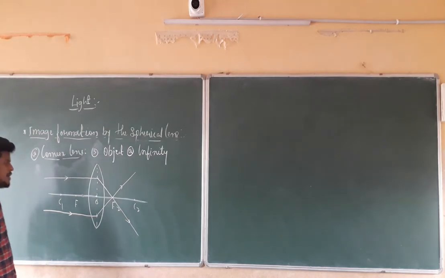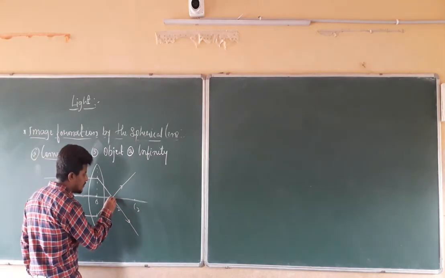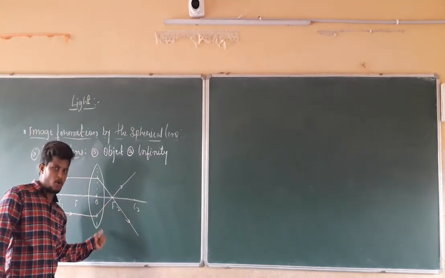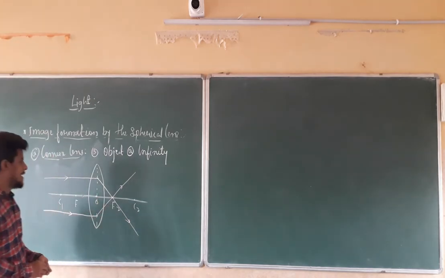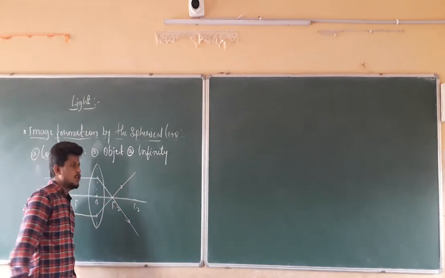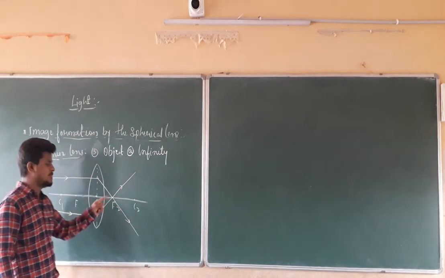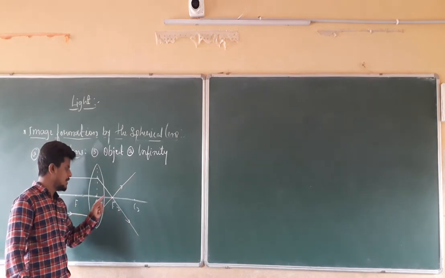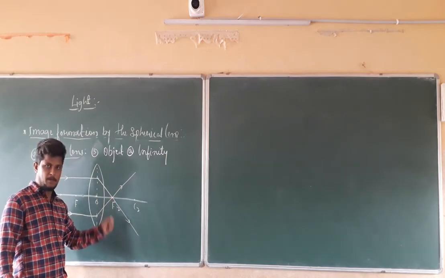When you check the point of incidence, the point where both the light rays meet is exactly at the principal focus only. So we can say that the image is thus forming at the principal focus.